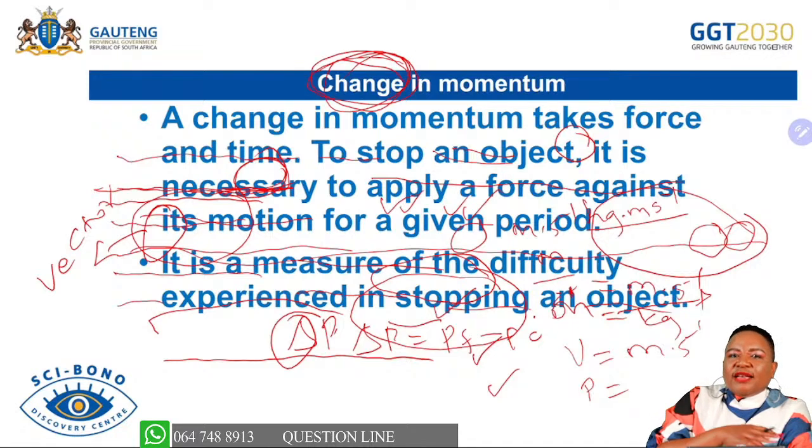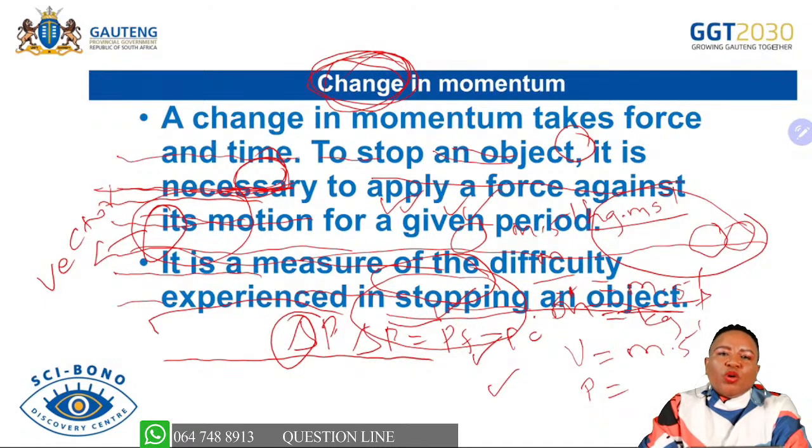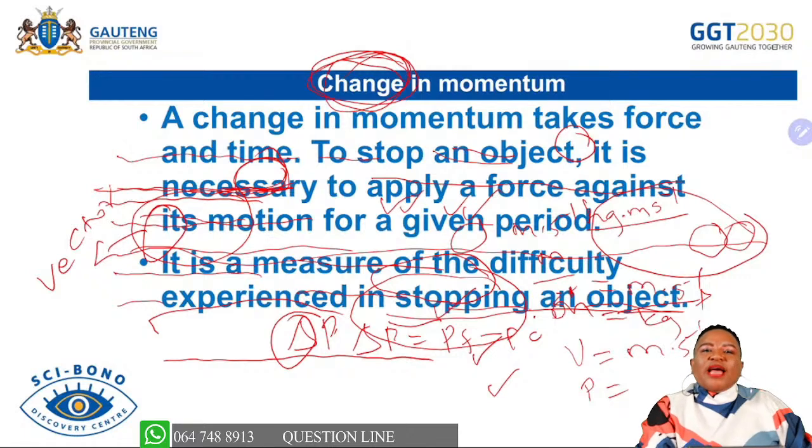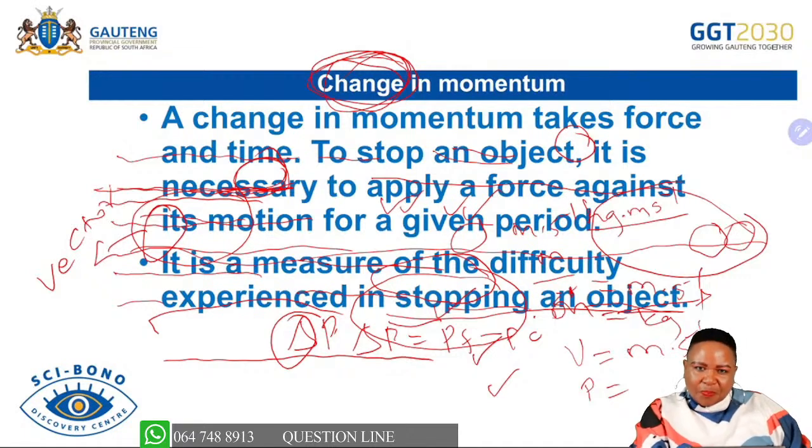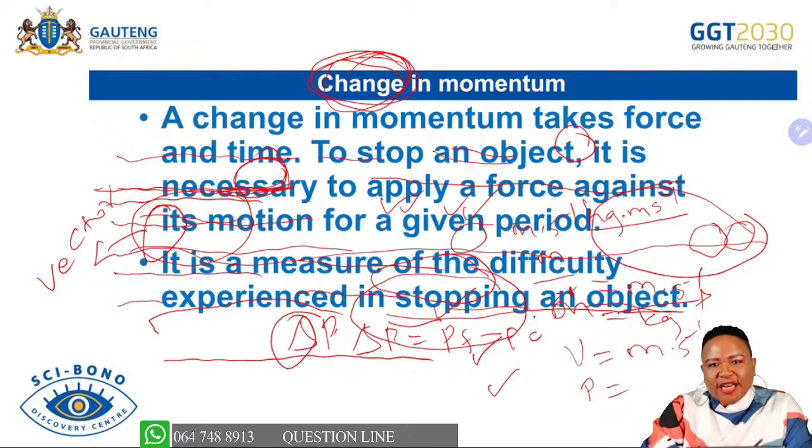Because we are now going to look at more scaffolded and more complex topics, I want us to take just a 1 minute break so that we just assimilate, or summarize, whatever we have already talked about during these few 15 minutes, where we looked at the definition of momentum, where we looked at how to use the formula of momentum, before we go further and look at how we deal with the change in momentum. We'll just take a 1 minute break.